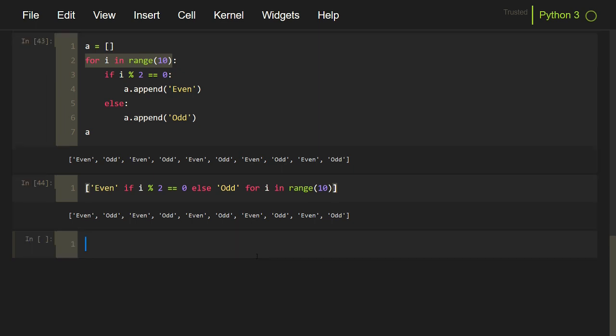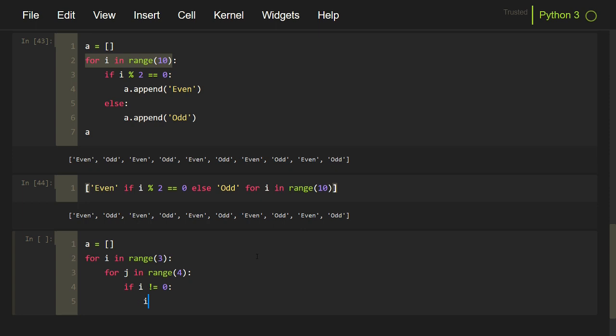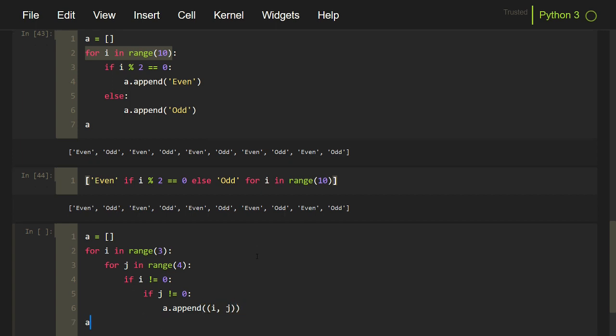Now let's consider nested for loops and nested if conditions. So I will construct an empty list, a. For i in range 3, for j in range 4, if i is not equal to 0, if j is not equal to 0, a.append a tuple of i comma j, and finally we will print a.